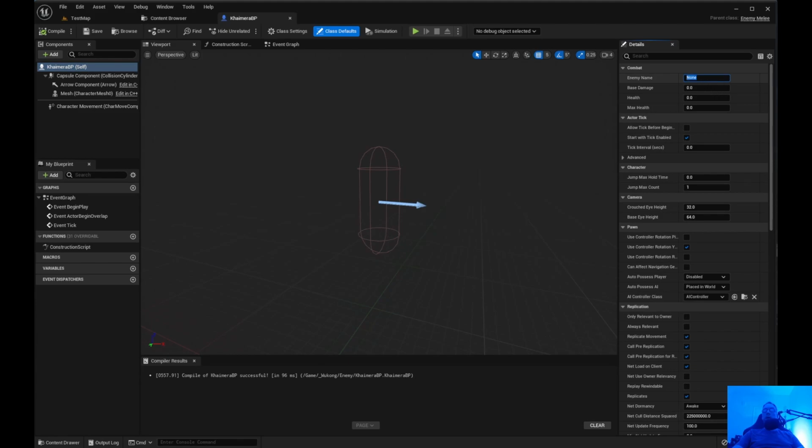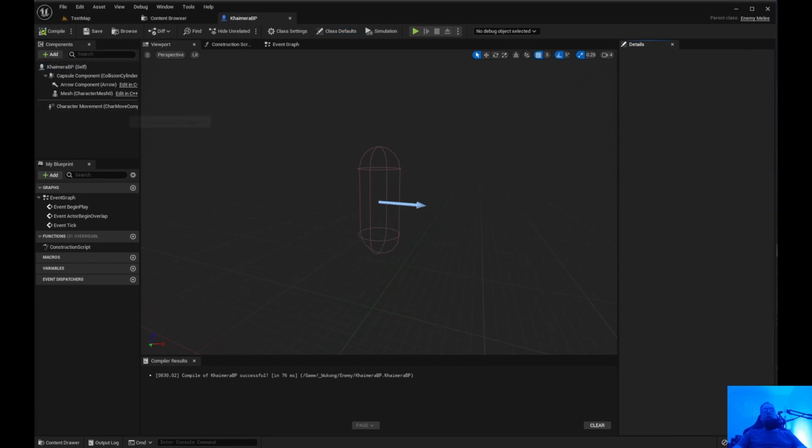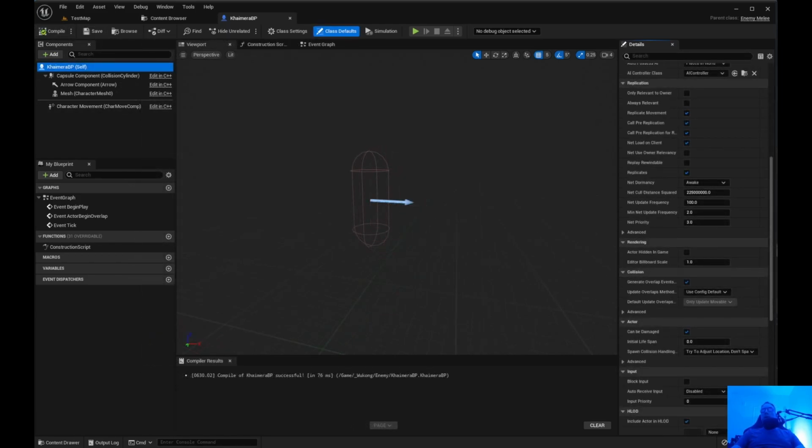Go ahead and set this up. Enemy name is going to be Chimera. We have a base damage. Let's say base damage of 10. Health is going to be 100. Max health will be 100. And we'll just go ahead and save that. Now that we have this set up,